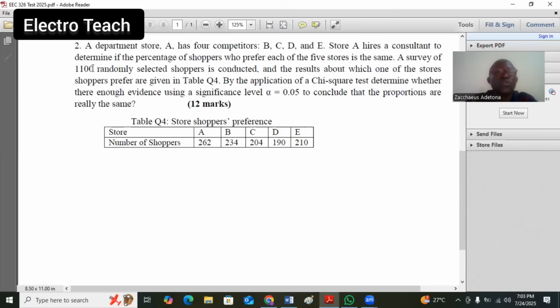Total was given in the question as a random survey of 1,100 shoppers. So the question is to determine whether the percentage of shoppers that visit each store is the same. The percentages are equal or not. So here, the candidates are to apply the chi-square method